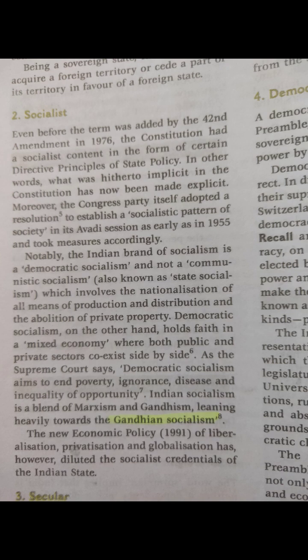2. When was the word socialist added to the Constitution? The word socialist was officially added to the Preamble of the Indian Constitution in 1976 during the 42nd Amendment. But even before this, the Constitution already had socialist ideas in a section called the Directive Principles of State Policy, DPSPs. These include goals like providing education, protecting workers, and helping the poor, all socialist in spirit. So, the word came in 1976, but the idea of socialism was always there from the start, 1950.